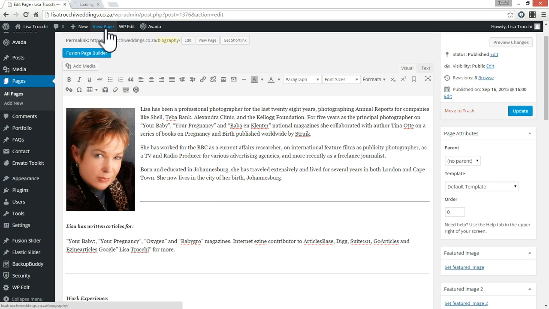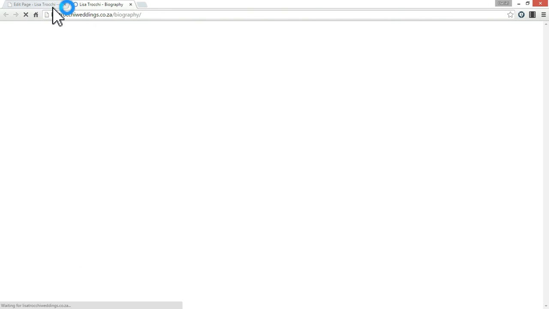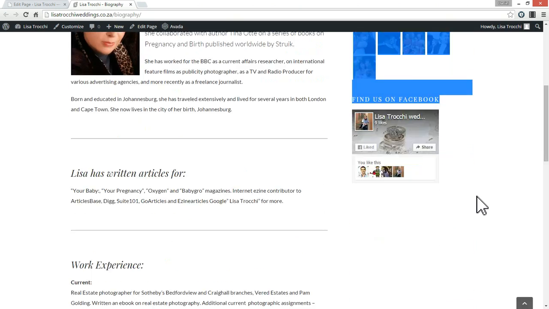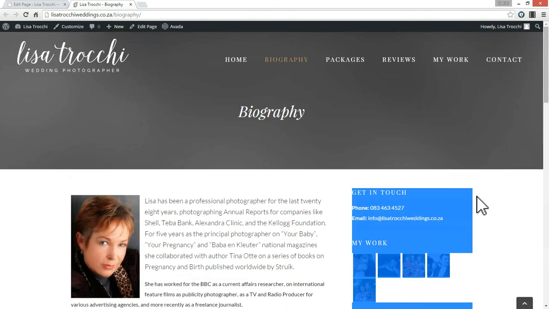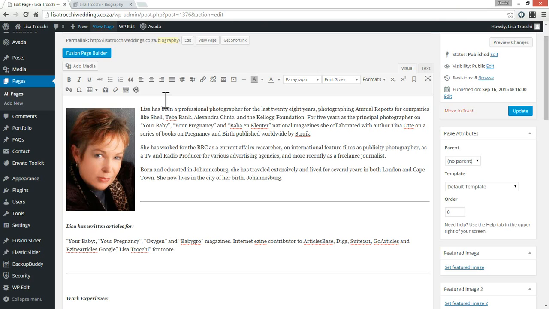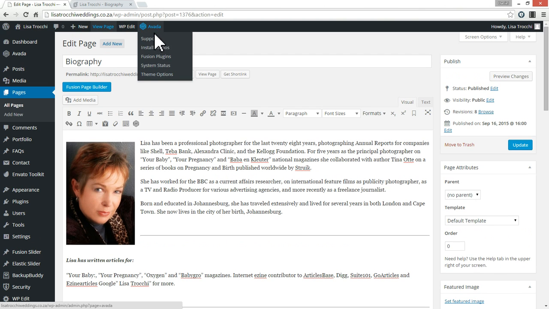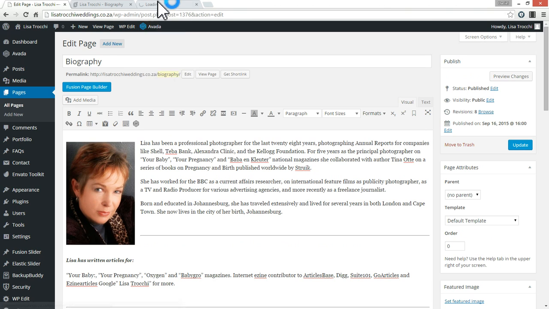As I said before, if you want to make this a more dynamic page, and for example you might want to remove this sidebar and make it a really dynamic layout, all you'll have to do is click on Fusion Page Builder and then add sections and add modules in those sections. Once again, if you need help creating those dynamic layouts, you can go to support, and